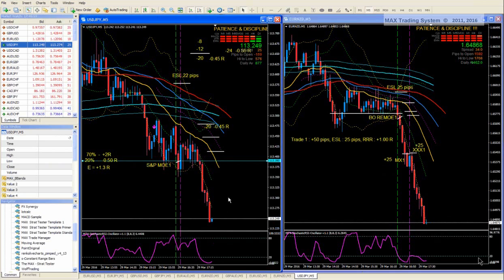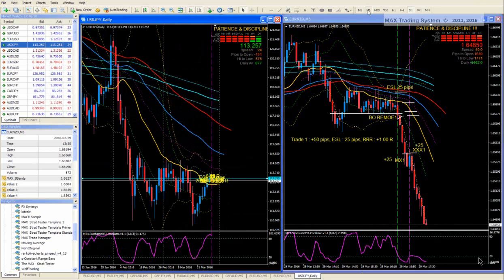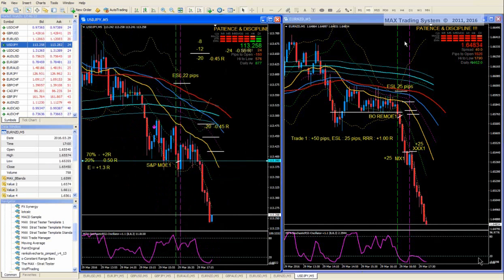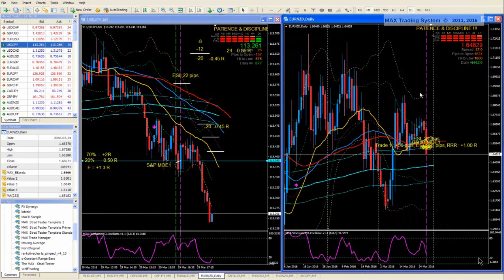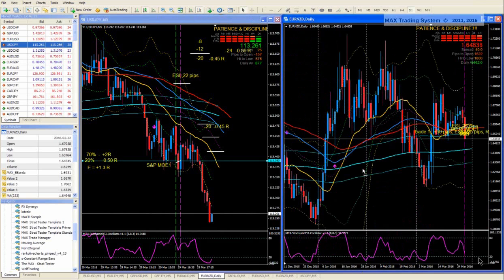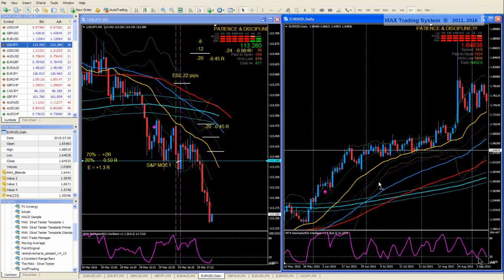Think in the same way when you trade on other time frames. When you trade, yes, Connie, the rules are exactly the same on any time frame. But let's take, for example, the daily time frame. Okay, I will stay on the 5-minute time frame on the USD yen because I want to check the situation. But let's take, for example, the euro kiwi on the daily time frame. Of course, the setup will be different. Okay, the setup will be different, but you will have exactly the same kind of movement. And so here a nice setup to go long.